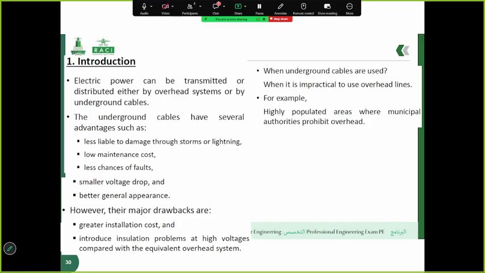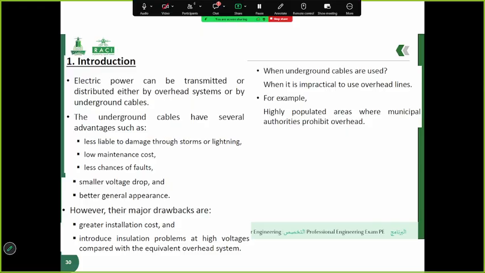In addition to being less susceptible to weather damage and requiring less maintenance, underground cables also have a smaller voltage drop compared to overhead lines, which is beneficial for maintaining stable power delivery over shorter distances. Furthermore, they offer a significant aesthetic advantage, leading to a better general appearance as they do not clutter the landscape